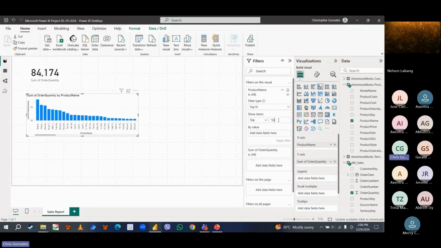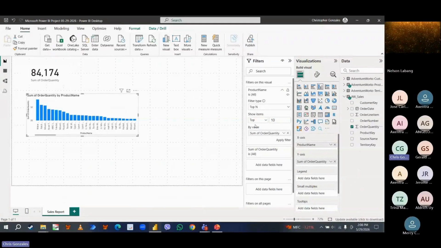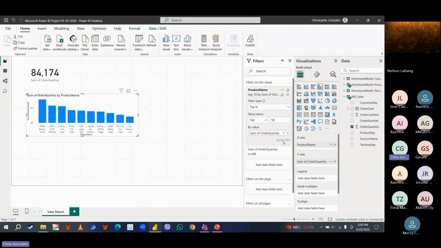And there's a measure that we can use to filter the table. For that measure, I will use order quantity. So I have top 10, order quantity, apply filter. There you have it. You just need to add top 10, order quantity as the measure, then apply filter.